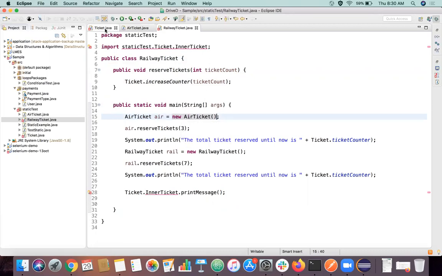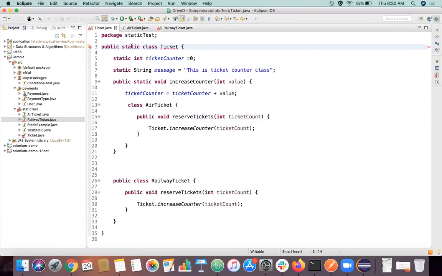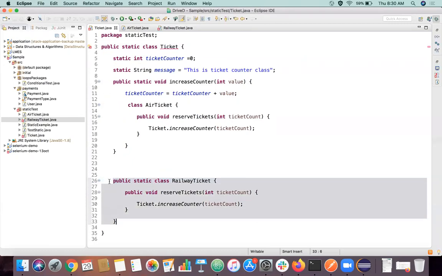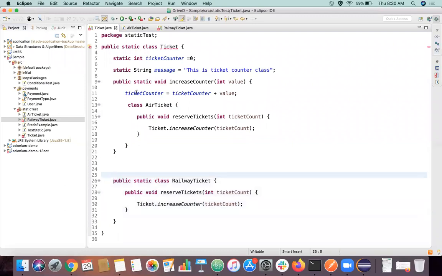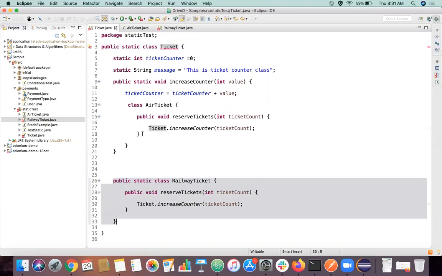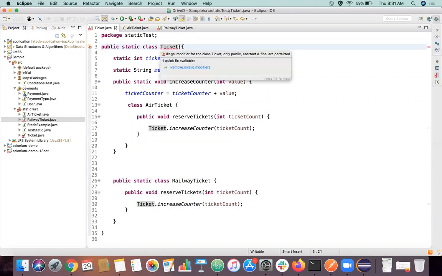When you declare this inner class as static, it will create a static memory in a place called heap memory, but the static memory is referenced inside this ticket object memory, right? It is not directly copying something from there and putting it here. This railway ticket object memory is referenced inside this ticket object.